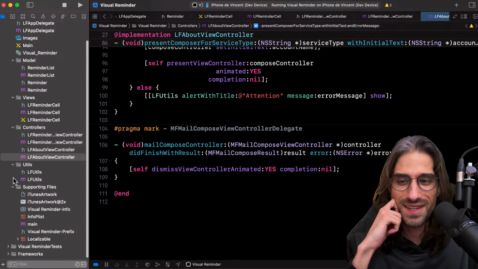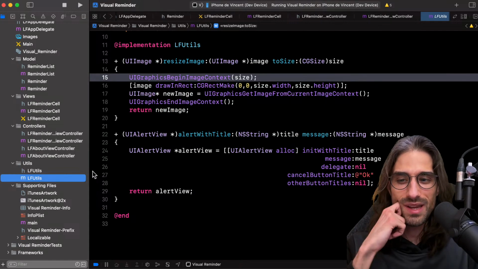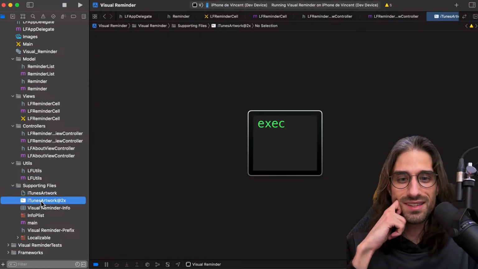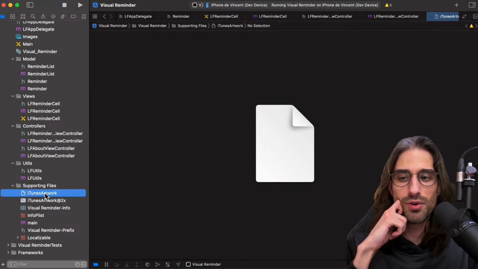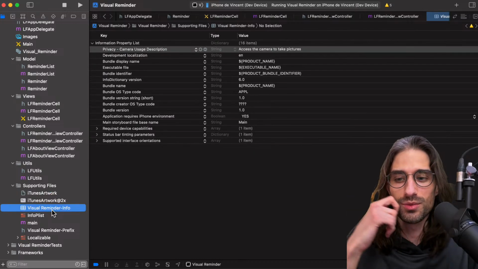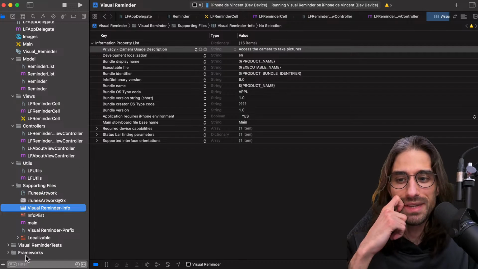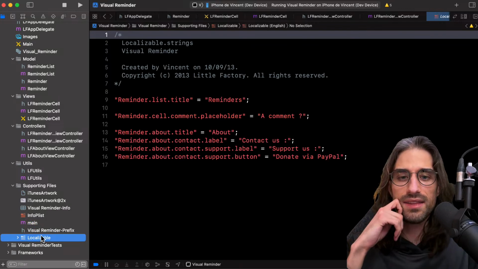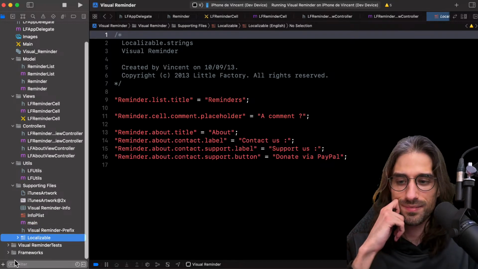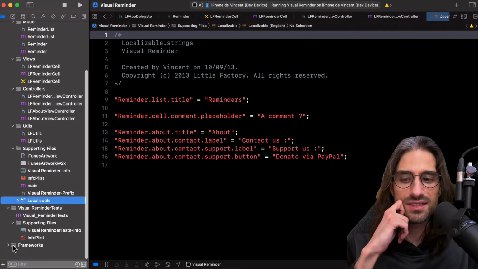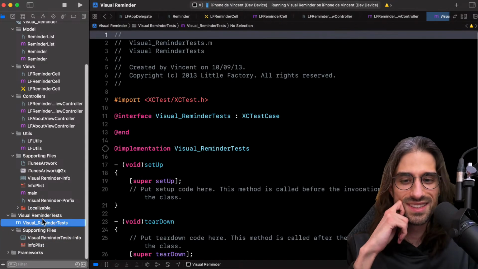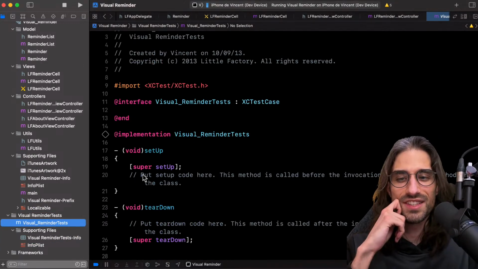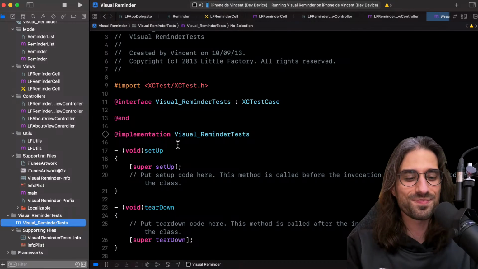I had fun. Okay, the utils, we saw it. Oh yes, back then the iTunes artwork that you need to provide like an image with no extension to be used by iTunes as the image. The playlist, we saw it. Okay, the main file, nothing fancy here. And the localizable, okay. The tests, were there any tests? No, there were no tests, of course. Only the standard generated testing targets.